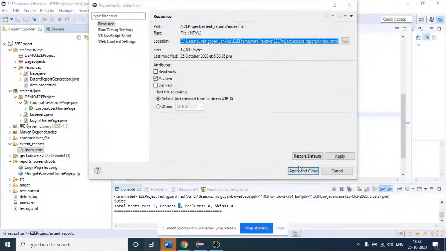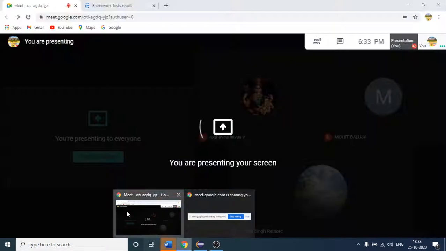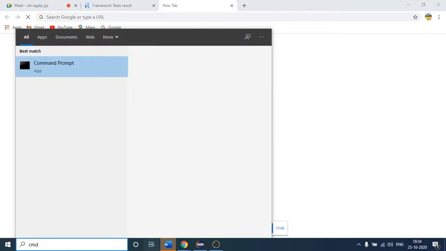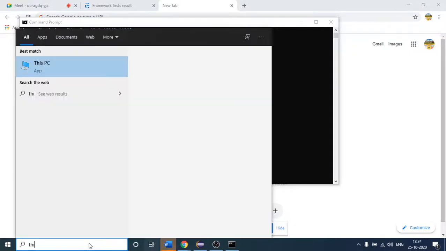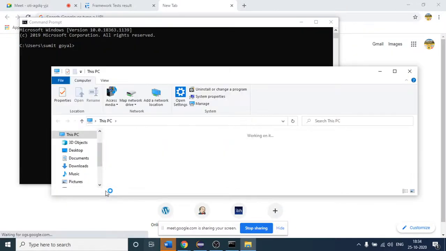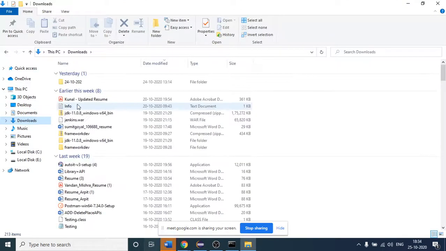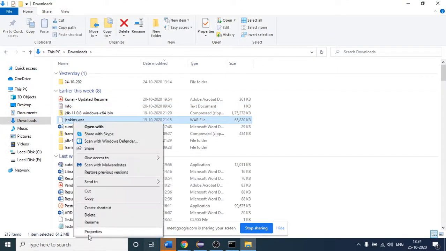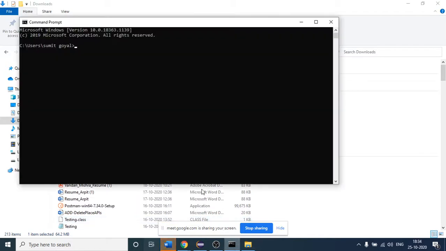Okay, so what I mean to say, let me run again. Open Jenkins again. Open command prompt again. Let me come to that path, where my Jenkins file is present, in that download folder. Again, let me run the Jenkins. I have closed the connection. So come to command prompt and cd to change the directory.